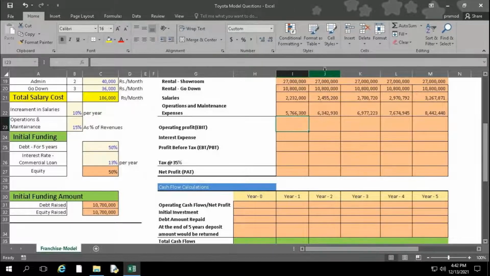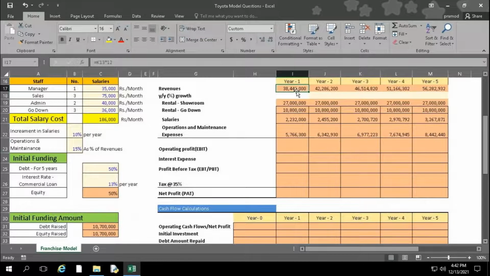So when it comes to the EBIT, this will be minus from the revenue, no? Revenue and sum of your gross OPEX equals gross profit. So what do we have to consider as gross profit, sir? Revenue is there, sir. Gross profit in the sense, what do we have to consider, sir?